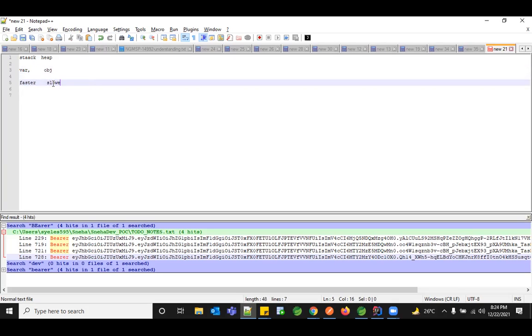So it is slower, but the main advantage is that you can store any amount of data in that heap, but the retrieval is very slow compared to stack. That is the reason all your static methods and everything will not be in heap memory, we'll have it in stack memory.